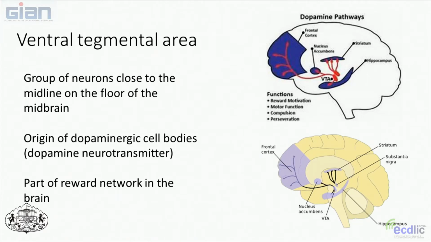And again, this is showing you a different view of the midbrain structures. The ventral tegmental area is important because this is also involved a lot in the reward system. It is one of the origins of the dopaminergic cell bodies. Yesterday we talked a little bit about the neurotransmitter dopamine. This dopamine transmitter helps us in movements and coordination. It's also involved quite a bit in the reward centers of the brain. So the ventral tegmental area is a group of neurons that sits on the floor of the midbrain here. Hopefully you can see the VTA area there. And we'll see that again when we talk about reward systems in the brain.